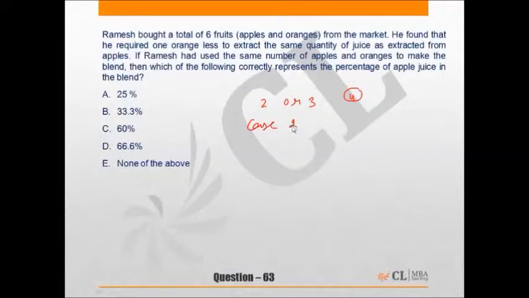Case first, when he bought 2 apples and 4 oranges, then as per the given information, juice obtained from 2 apples was equal to juice obtained from 1 orange. Therefore, juice obtained from 2 apples will be equal to juice obtained from 1 orange. Therefore the required percentage in this case will be